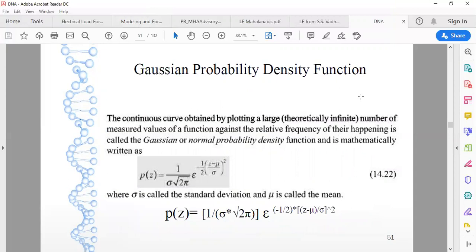First, let me tell you what is the necessity to discuss this probability density function. Think about a simple circuit where you have one source of 5 volt which is connected with a 2 ohm resistor. An ammeter is connected in between to measure the flow of current. Obviously, the ratio V by R, that is 5 by 2, is equal to 2.5, which is the current flowing through that circuit. If we connect an ammeter, then it may be erroneous.